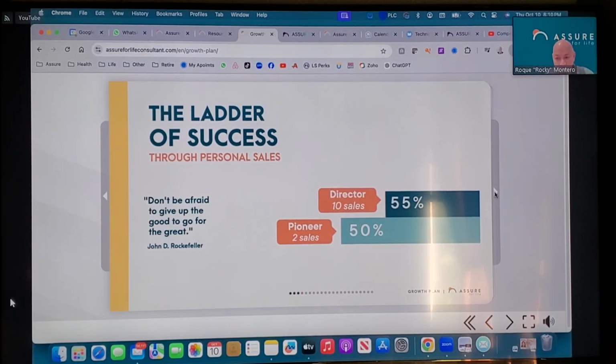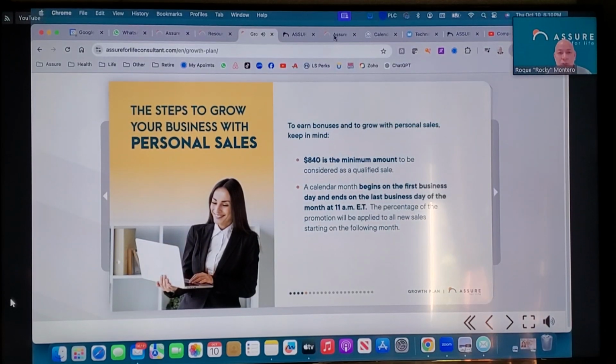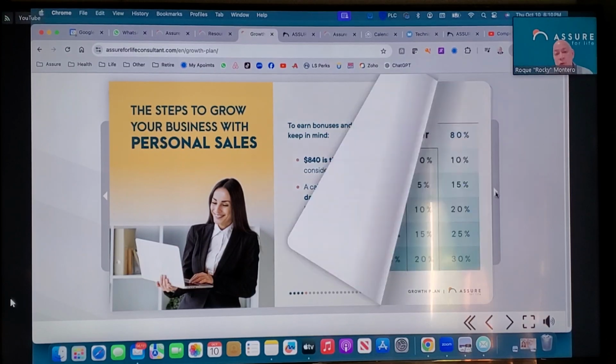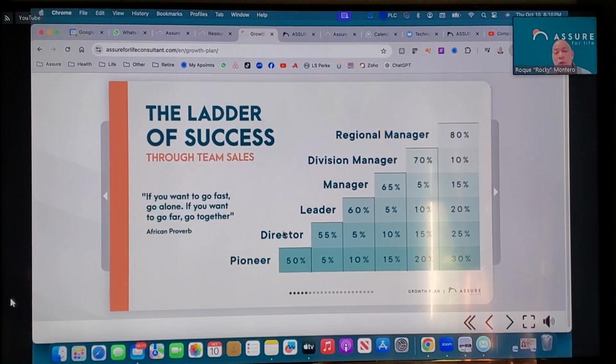Now, if you want to grow more in categories or positions, then you want to invite others. Once you become a director, you want to teach two of your directs, at least two of them, how to become directors, and that will push you up to leader at 60% contract. Once you become leader, you teach those two same consultants direct to you. They don't have to be the same ones. The system is going to count at least two direct to you. You can have as many as you wish, but the system is going to count at least two, and then you would grow deep with those two teams, right? Then you become manager at 65%, division manager 70%, and regional manager, which is the top level, at 80% commissions